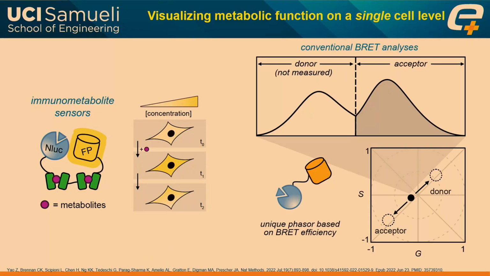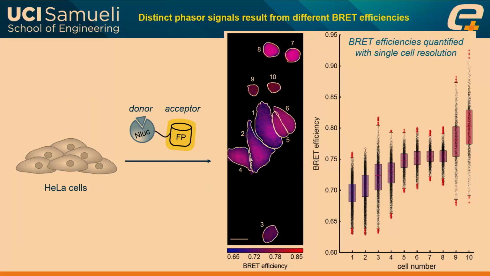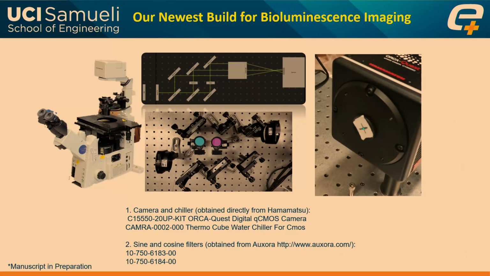And if you're in the bioluminescence community, we can also calculate the BRET efficiency of the reporters from the donor to acceptor based on the fractional contribution. And so we showed proof of concept here with the BRET reporter and different BRET efficiencies for the sine and cosine filter. So two cameras was a little cumbersome, so now we've engineered a system where we only have one